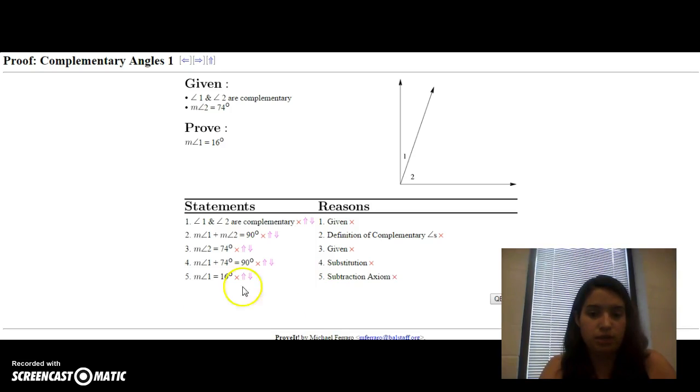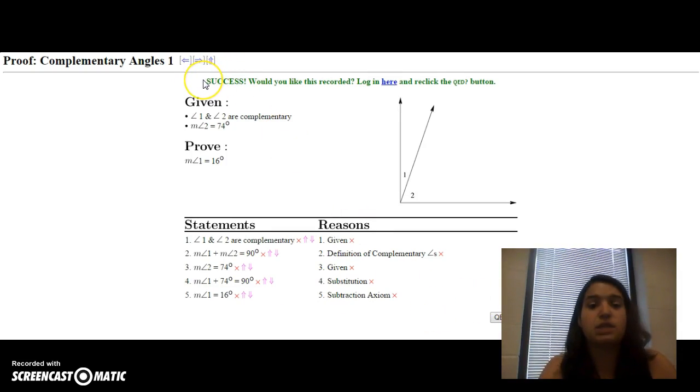Now what it's going to do at the end is it'll ask you this QED. What QED means is just, are you finished with your proof? Are you done with it? Now in this case, I've used up all my options, and I think I have it right. I'm not entirely sure, but I think I do, because I have my final statement being what I need to prove. So I would click on QED,